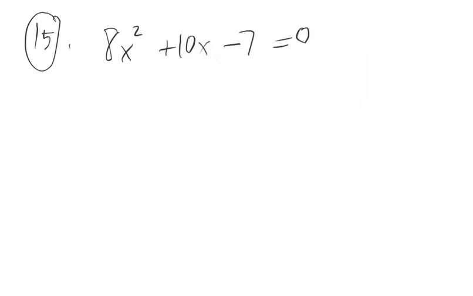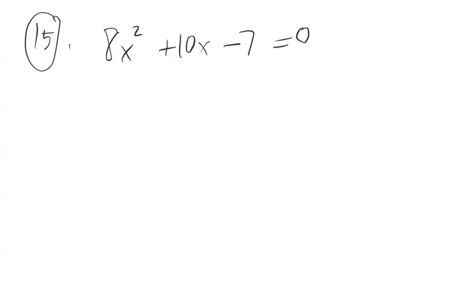Now let's try number 15. It says 8x squared plus 10x minus 7 equals 0, and solve this equation by using factoring. Factoring is an amazing, wonderful thing to know. And if you remember in intermediate algebra, we talked about what to do if there was no greatest common factor. With 8, 10, and 7, there's a common factor of 8 and 10, but not a common factor with all 3 of them. So when that happens, what you have to do